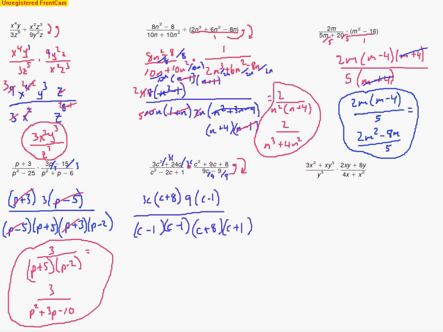So from that point, we can go ahead and take out some common factors. We see c plus 8s. Those are going to cancel. C minus 1s will cancel, but only one on the top and bottom. And that's it. That's as far as we can go. So we still have this